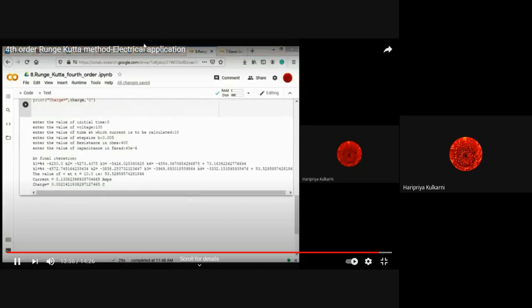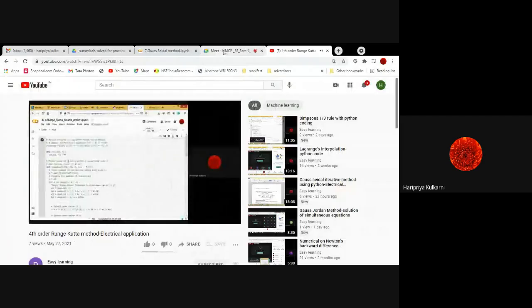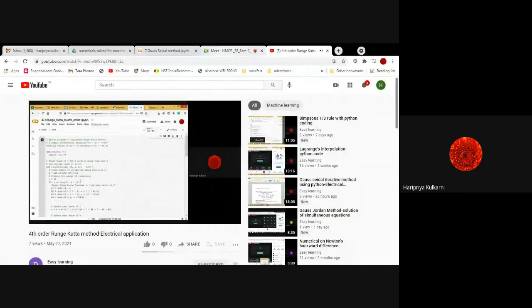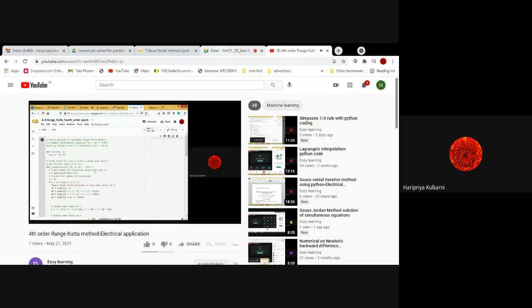See, we have solved it manually. Current is 0.133 ampere and charge is 0.0021. So here we can say that the program is running correctly and we are getting the correct results. So now you can try it on Colab or any software for Python. You can use any app or you can use Python and you will get the same result. If you get the same results, you can say your program is right.